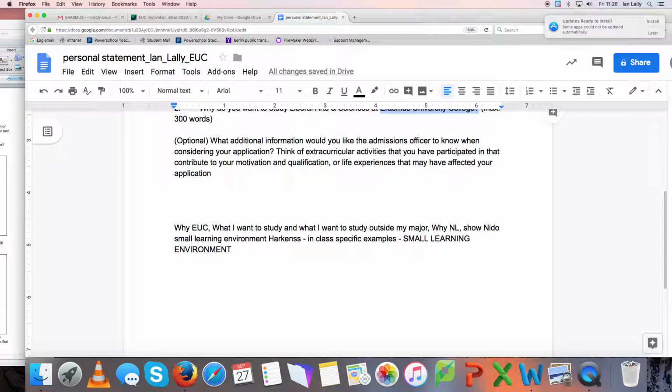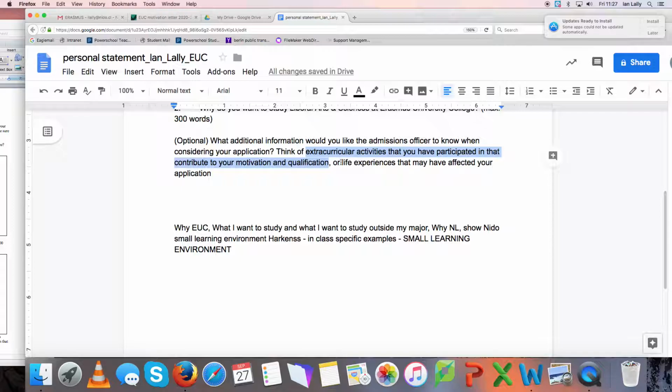But then look at the second part of this question. Think of an extracurricular activity that you have participated in that contributes to your motivation, qualification, or life experiences that may have affected your situation. So life experiences that may have affected your situation, that's just a part of this additional information thing. But this extracurricular is one. This is the one that a lot of you will write towards and should write towards. Now they just say contribute to your motivation and qualification,